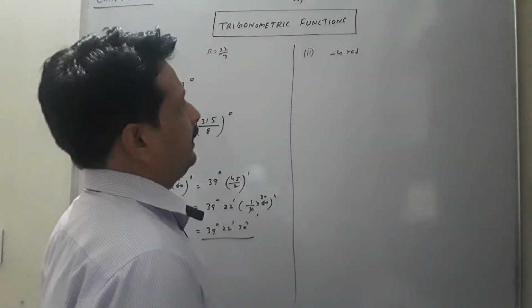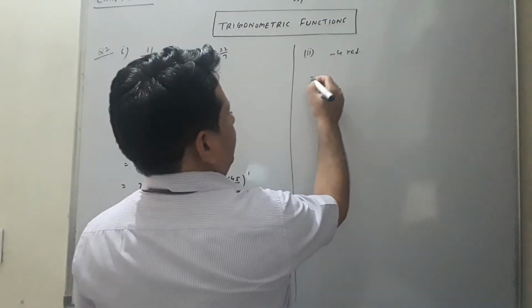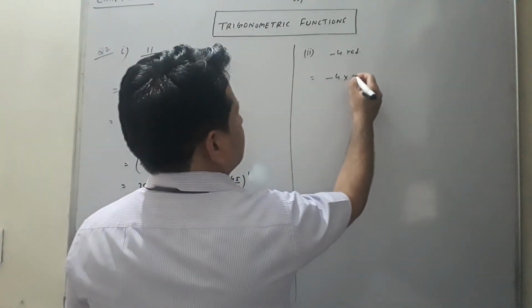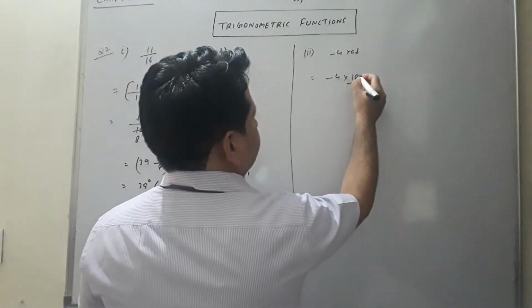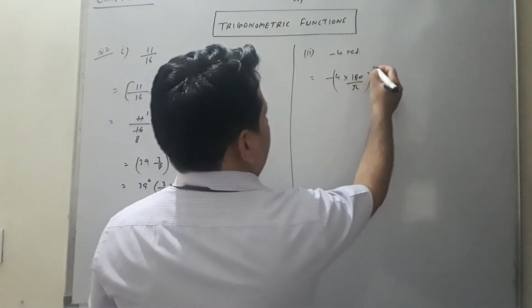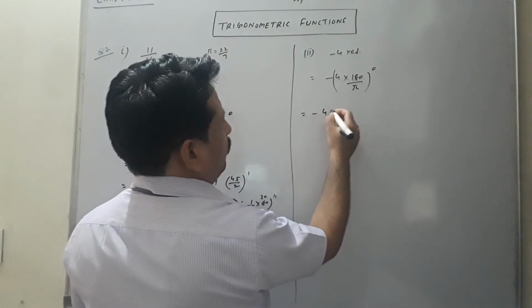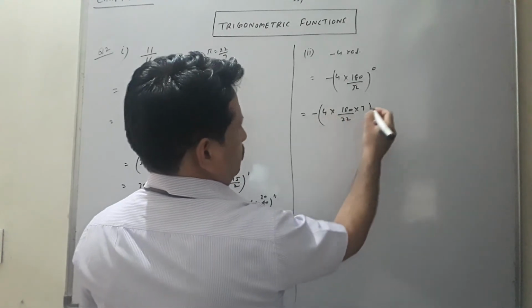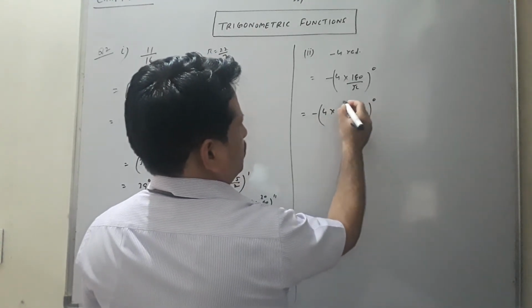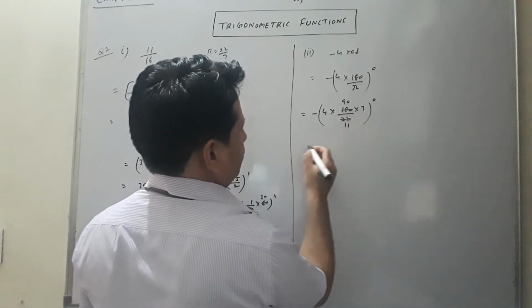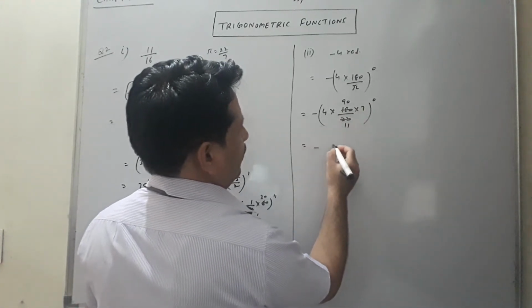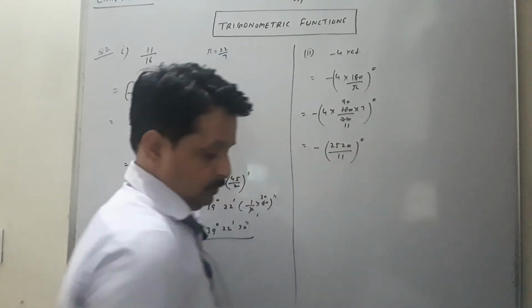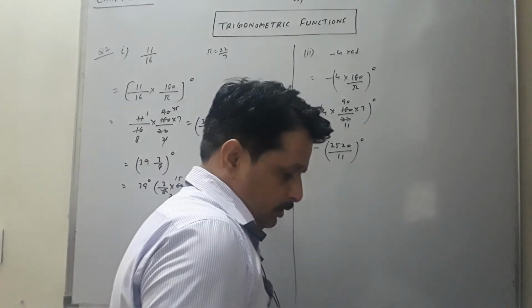Minus 4 radian. Now here minus 4, we have to change this radian into degree. This will come as 180 upon pi. This is 180. Now it is in the form of degree, students. This is minus 4 into 180, this is 22 into 7. With the 2 here it is 90. 90, this is 11. We will multiply them. They will come as 2520 upon 11 degree. So this will come, students, 2520 degree.